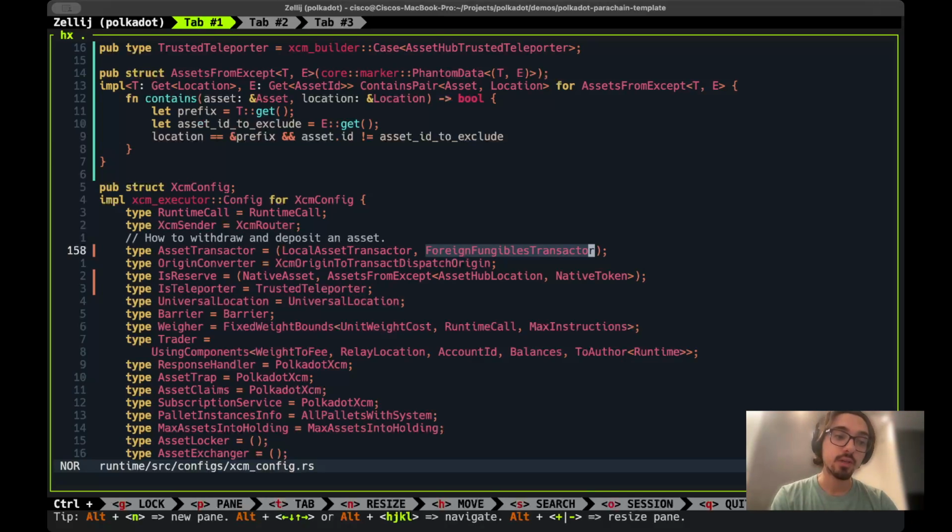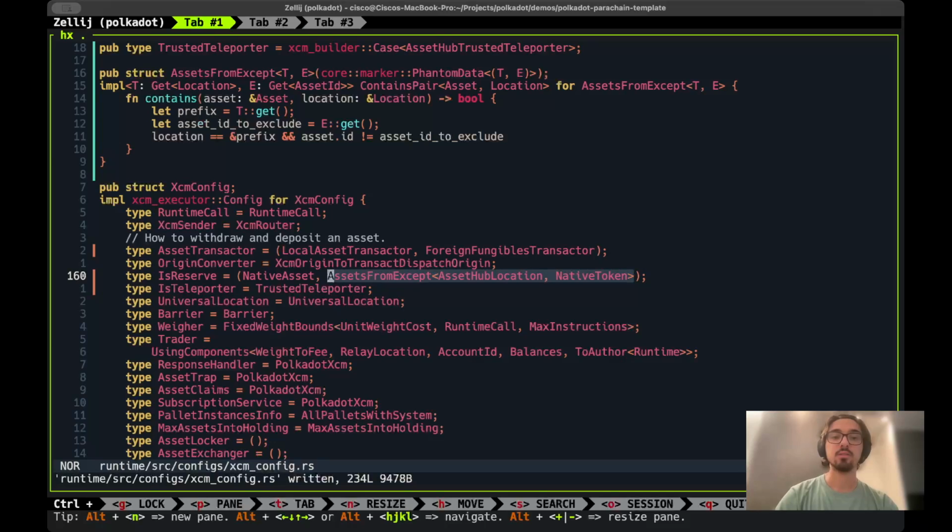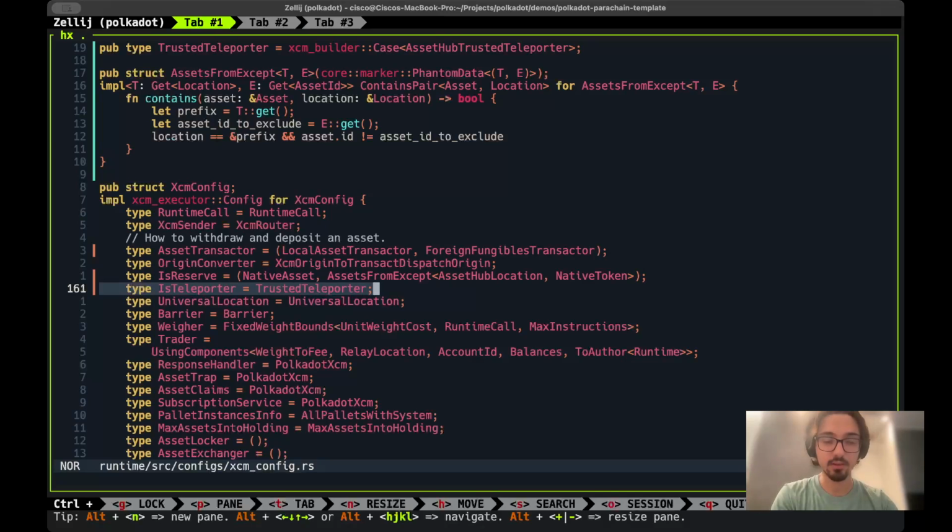If we created an asset beforehand, so we can decide which assets we accept or not, and it will put it there, and it will be on the foreign assets pallet. And it will accept it because we trust Asset Hub for anything except our native token. So then when you launch this chain, open a channel with Asset Hub, register your asset on Asset Hub, you will be able to teleport your asset from your Parachain to Asset Hub, bring it back, and you will be able, because of this